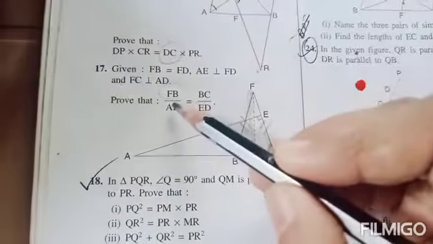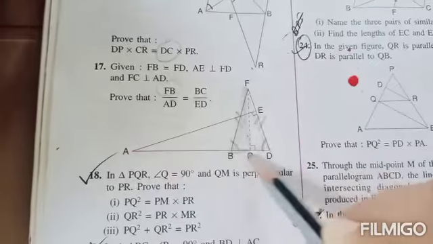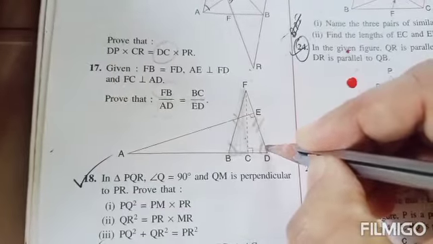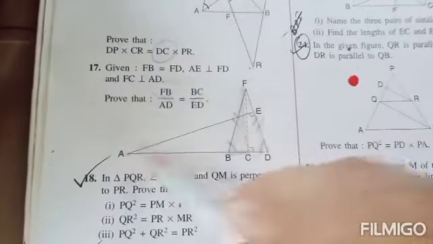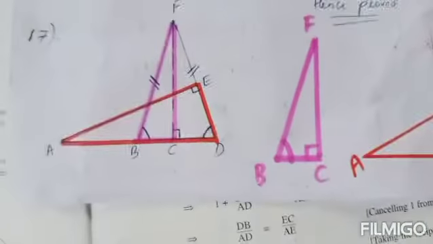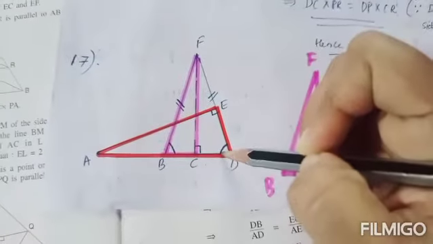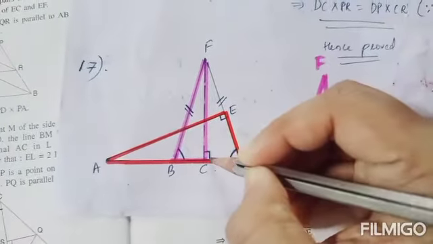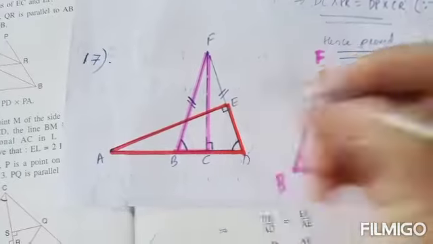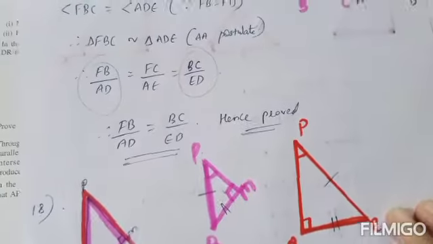Next, in the denominator it is AD and ED. AD is this full side. ED is this side. So the triangle having these two sides is triangle AED. This triangle. So we got two triangles here. In that, B equal to D, and given in the question, angle C equal to angle E.